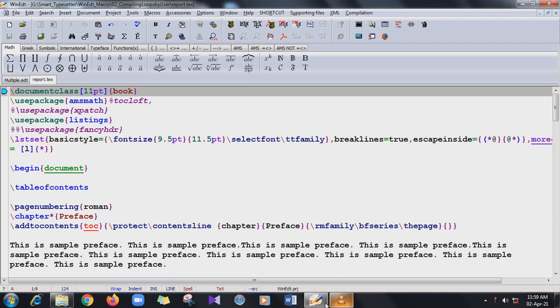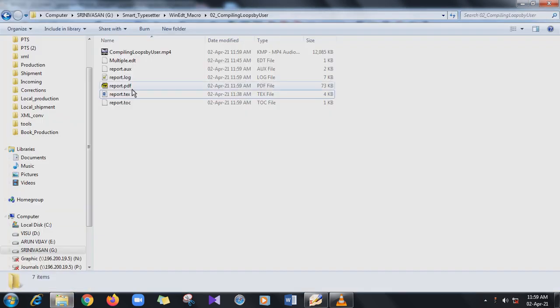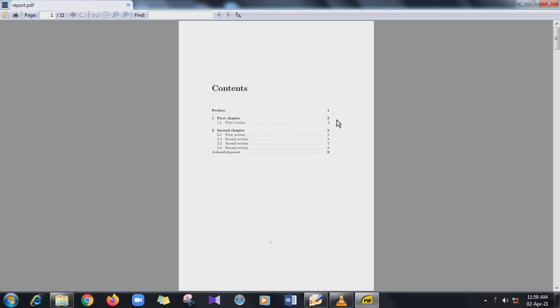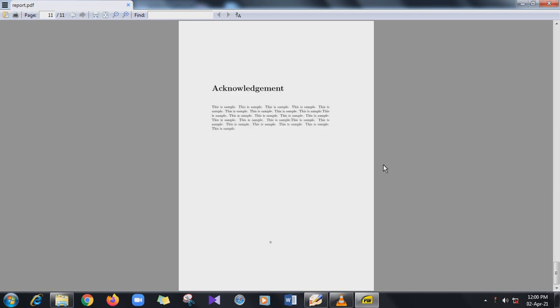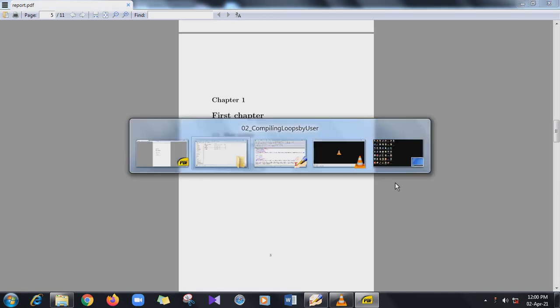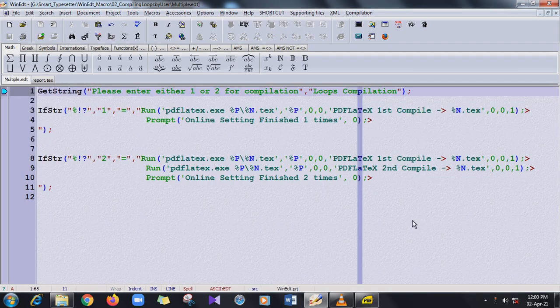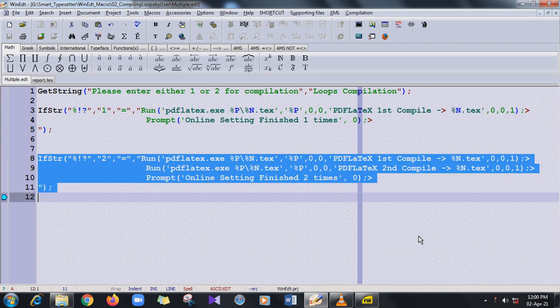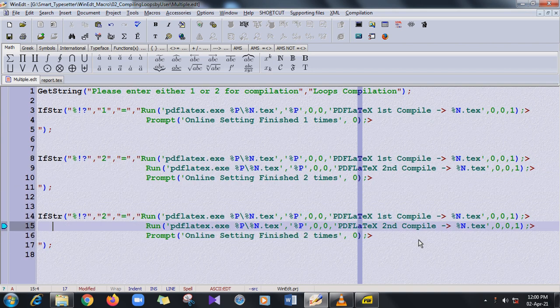Okay. Now I'm going to see the file. So the TOC came here. This is a simple way the user can determine how many times to compile this file. So if you want to compile more, say 3 times, what you're going to do is the same thing: copy this macro, paste here and change here.